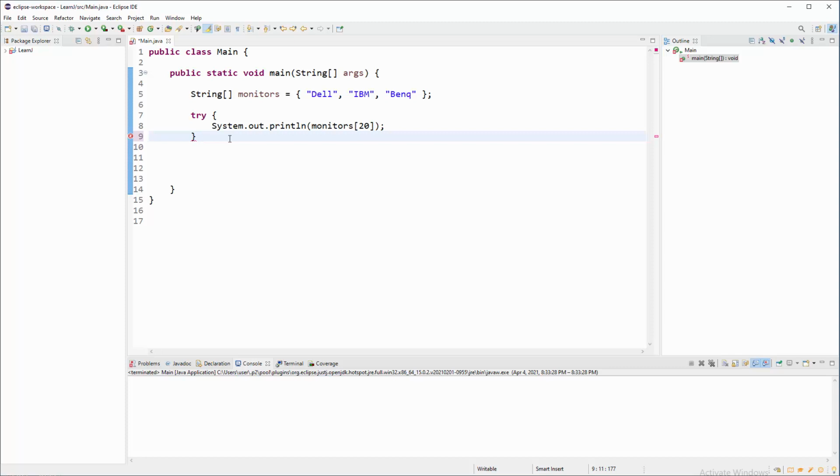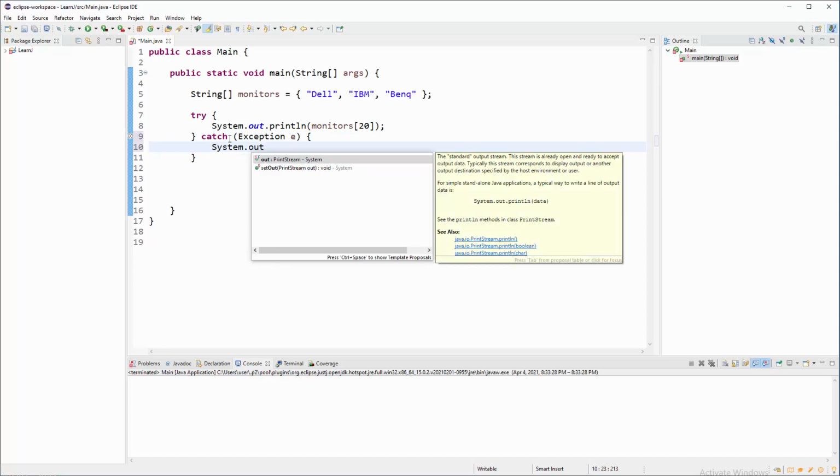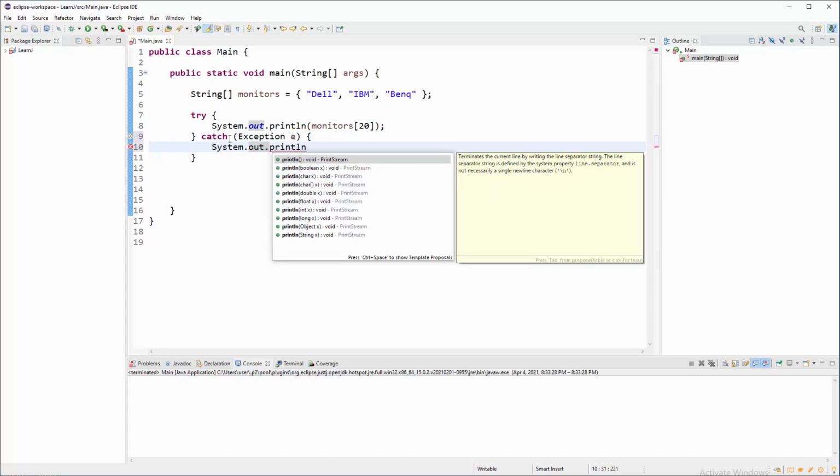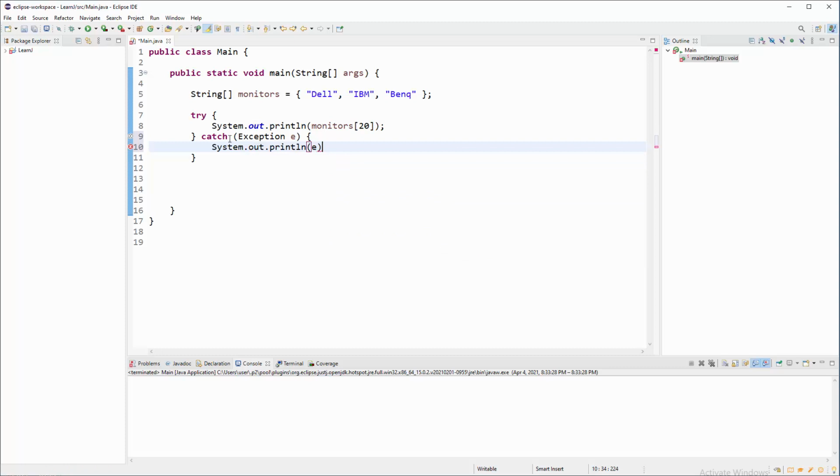How? With a catch piece of code. So catch Exception, but that must be in brackets, Exception, and now we are going to have a handle for that thing like e. Okay, and if in that case we do have a problem, we are going to print something. So System.out.println, well, let's just print that e,